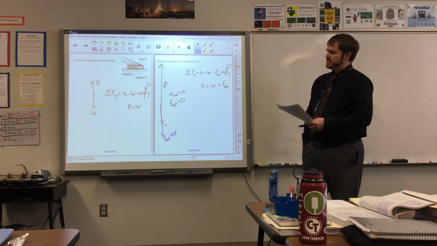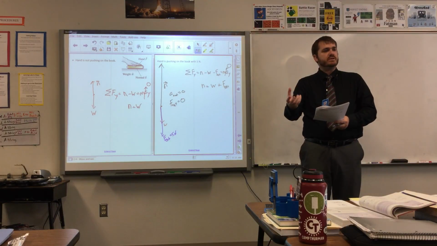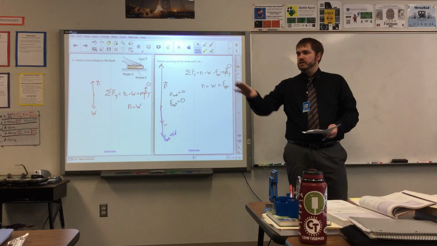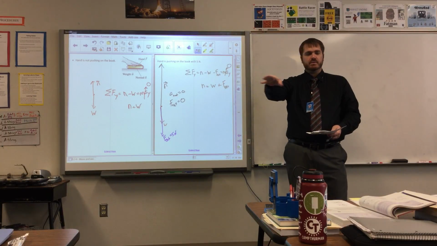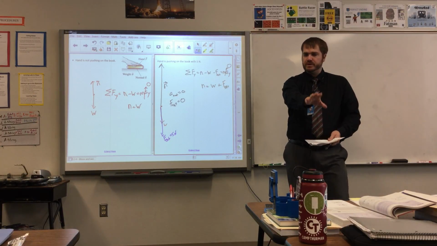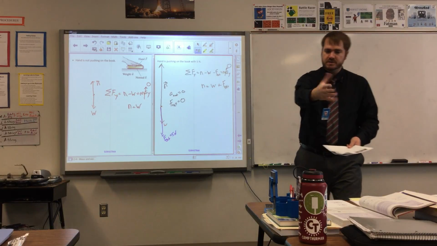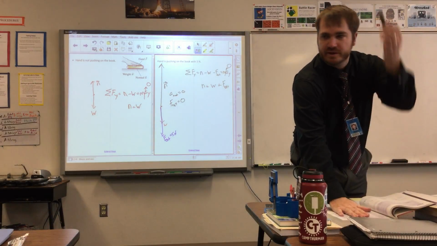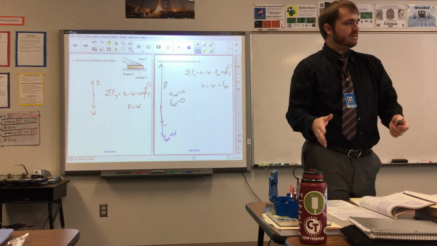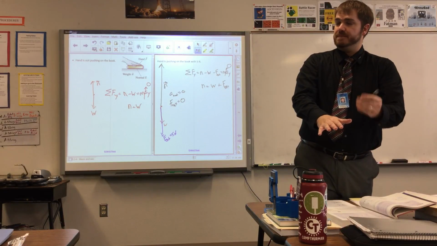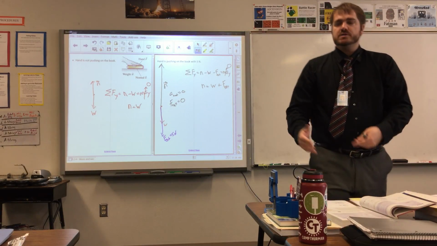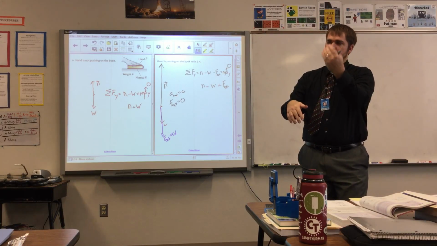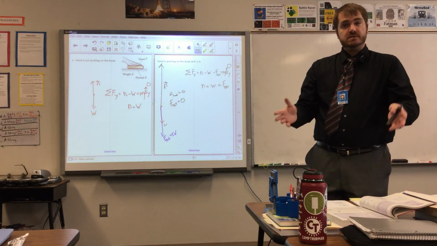What I wanted you to see from this is that it's almost like the normal force is reacting. We talked about this in vague terms the other day. I asked everybody to look at your book, or the MacBook, see the normal force going straight up. Now push on it, and that normal force just increased dramatically. It increased the exact same amount that I was pushing down on it. So sometimes we might say that the normal force is a reactionary force. It reacts to the situation, and that is the case.